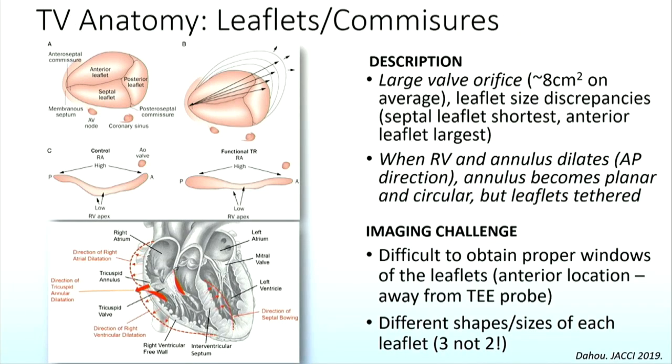If you look at the leaflets and commissures, we know that the RV and the annulus dilates in an AP direction away from the transesophageal echo probe, with the leaflets being tethered. It makes it difficult to obtain the proper windows of these leaflets with that anterior location, that anterior dilatation, that push outward. In addition, you're looking at 3 leaflets, not 2, like the mitral valve, and the shape and sizes